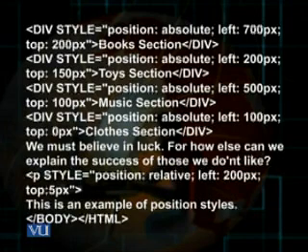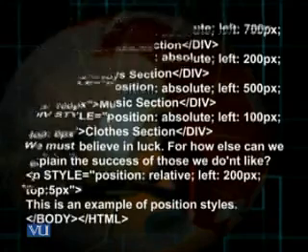In the paragraph tag here, I use the inline style and I keep the value of the position property relative. So here I make a change from the previous example. I keep here the value of position as relative. Then I use the keyword left and I assign it the value 200 pixels. And then top, and I give it the value 5 pixels. And then I write the sentence, this is an example of position styles.